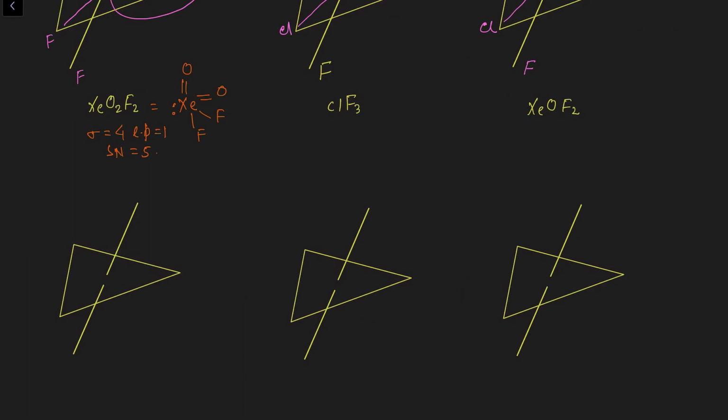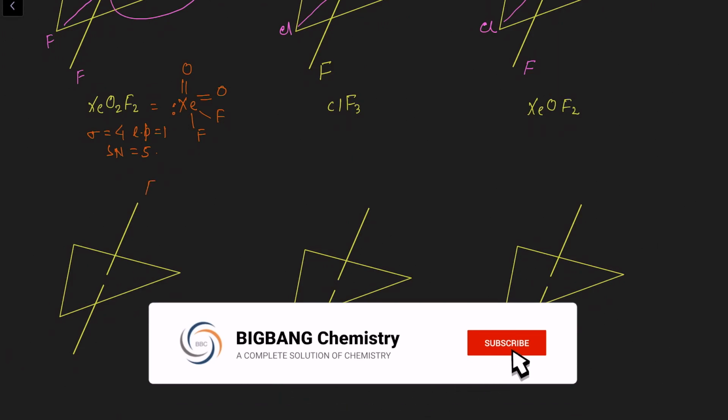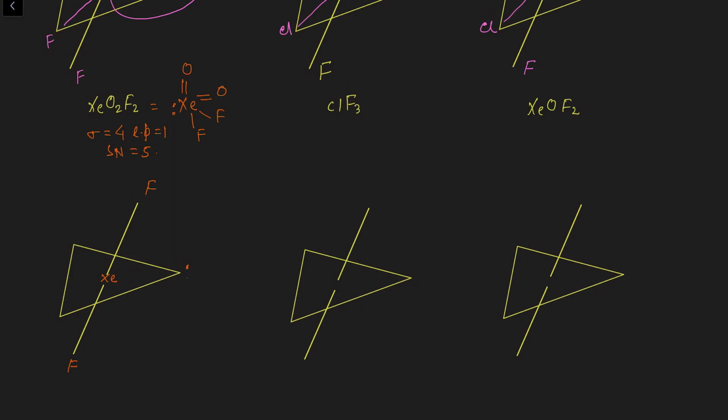Now this molecule has a lone pair, sigma bonds, pi bonds, and different electronegative atoms, right? So what is the position of these things? First, more electronegative atoms on axial position, done. Lone pair of electrons on equatorial position. Even multiple bonds also on equatorial position. So here you will put the oxygen, and here the oxygen with the double bond, right? Now what is the shape of this molecule? Again it is seesaw shape. Just hide this lone pair part, then you will get the seesaw.